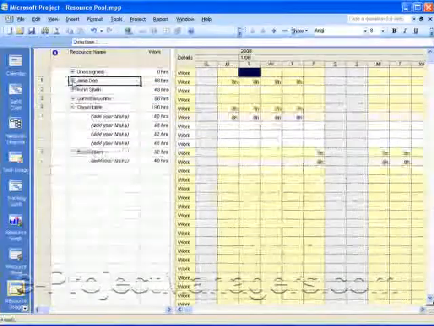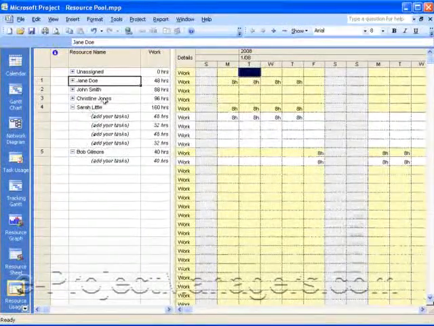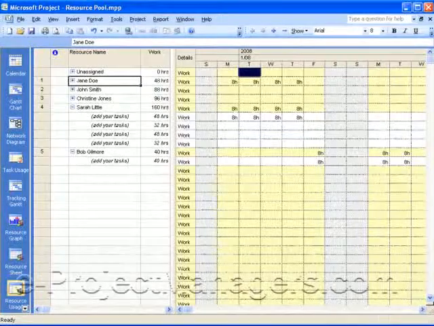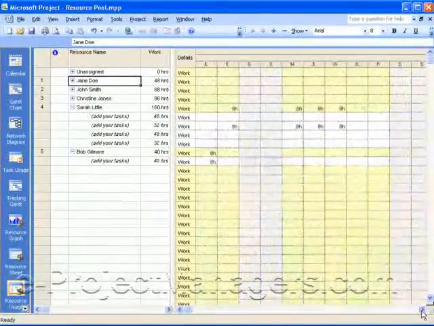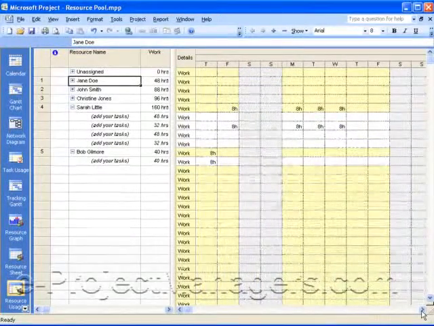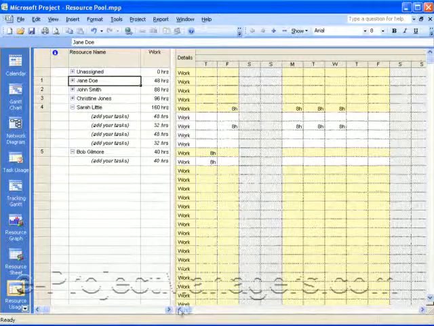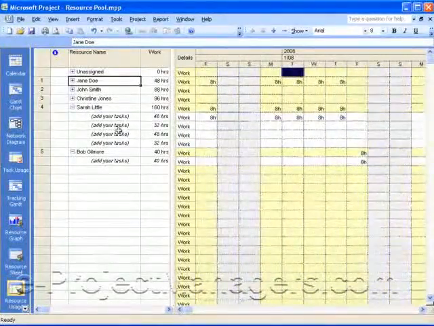Okay? So for example, with this resource, Sarah Little, you'll see all of her tasks, how many hours she's working. And you can scroll through and see when she's available. If she's working an 8-hour day and if that's normal and acceptable, then you can see when she's busy and when she's not. So then you'll know whether or not you can allocate her for other things. And when you're working with multiple projects,